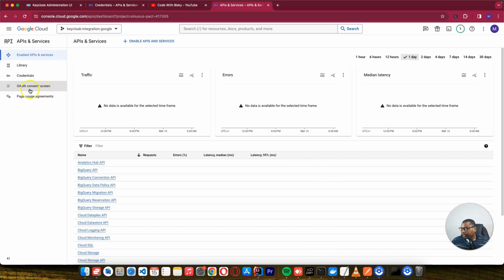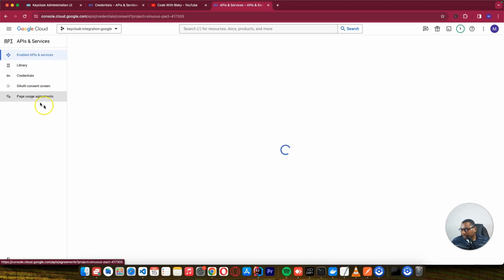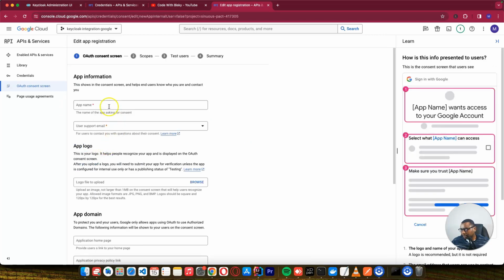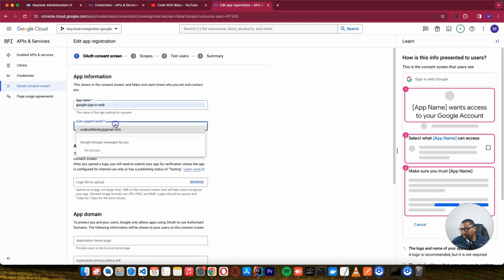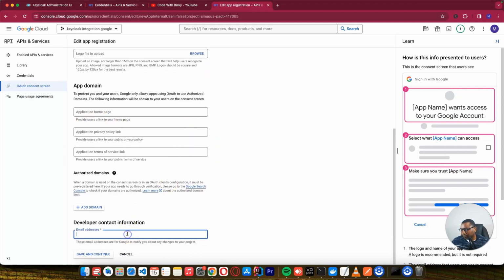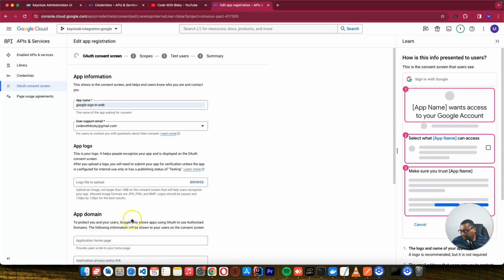After selecting this, let's go to OAuth consent screen. This is your next step. You need to create a consent screen, and it's going to be external because you want other emails to log in on your application. You create, and I can say Google Sign In, and I can put my email here. For logo, don't worry, don't put anything. For email, I will put my email. Then you click continue,